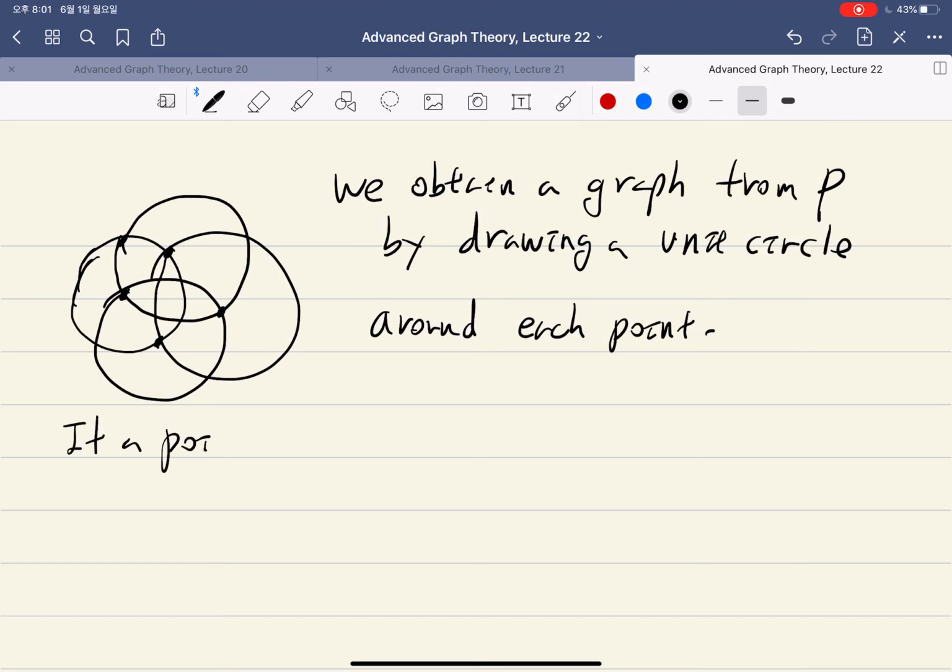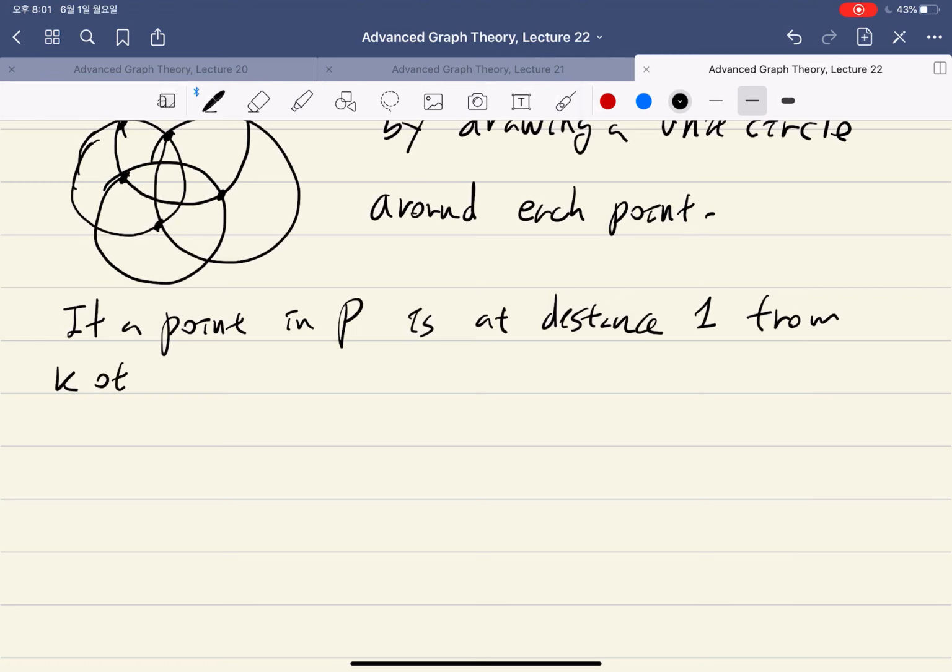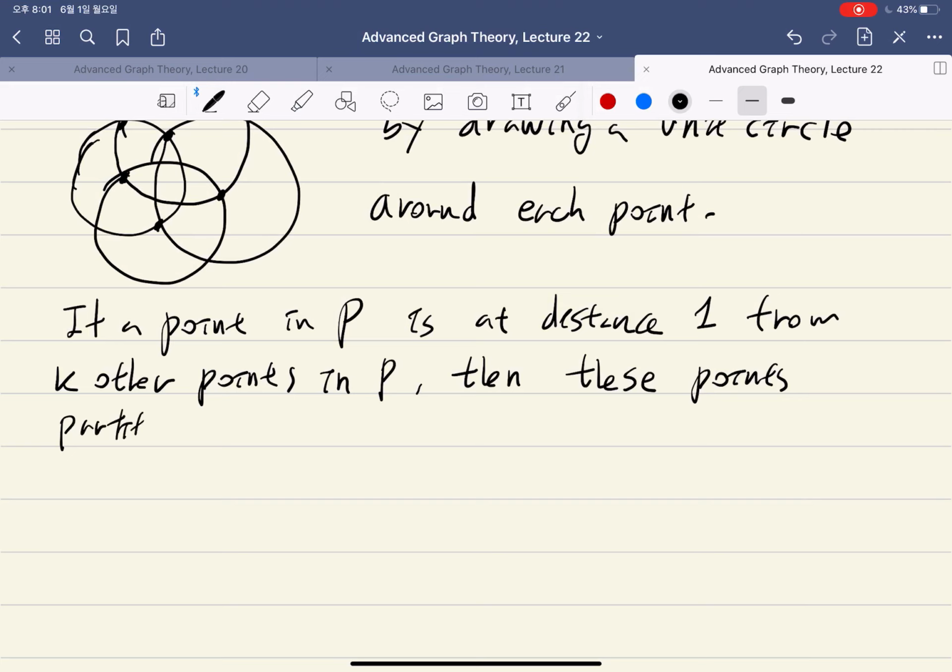If a point in P is at distance 1 from, say, K other points in P, then these points partition the circle into K arcs,